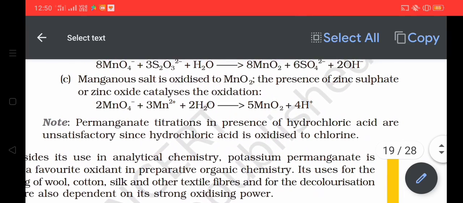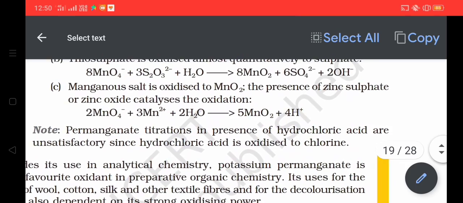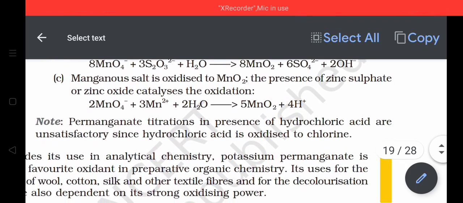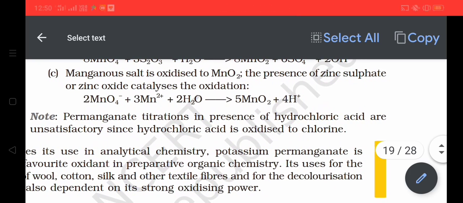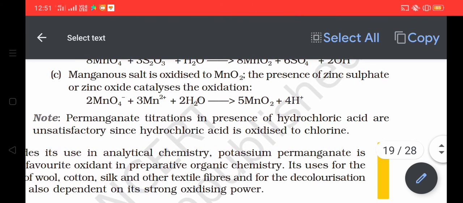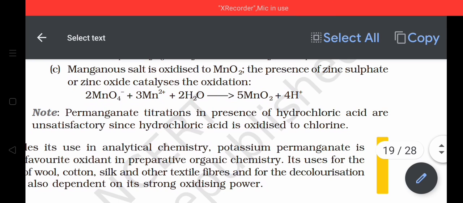One important question is, can you use HCl instead of sulfuric acid for making the medium acidic in oxidation reactions? Answer is no. Potassium permanganate is a strong oxidizing agent. When instead of sulfuric acid you use hydrochloric acid, it will easily